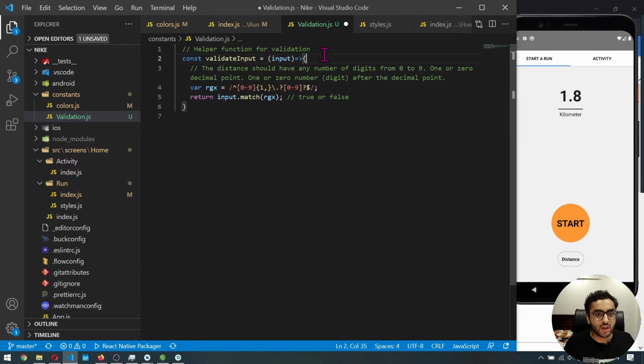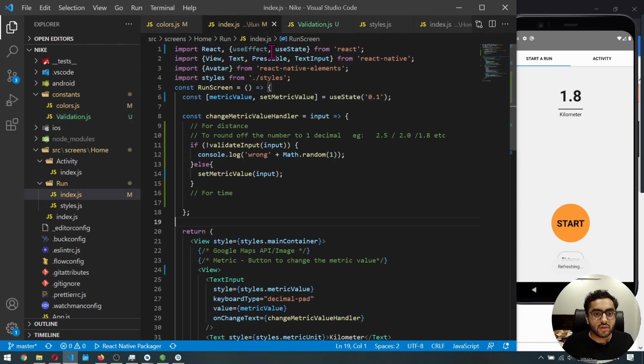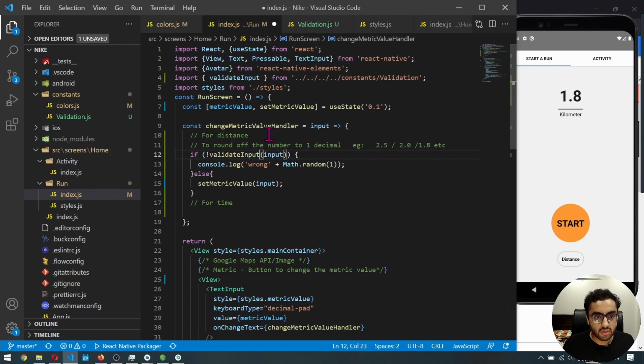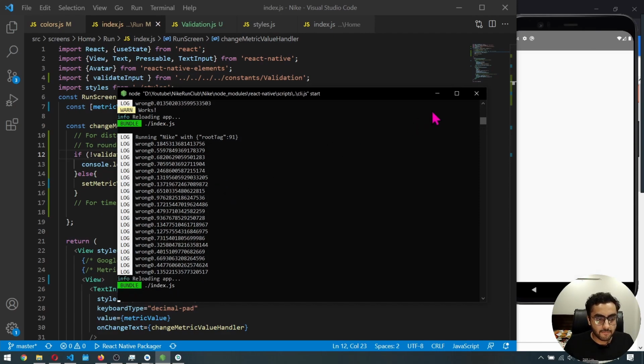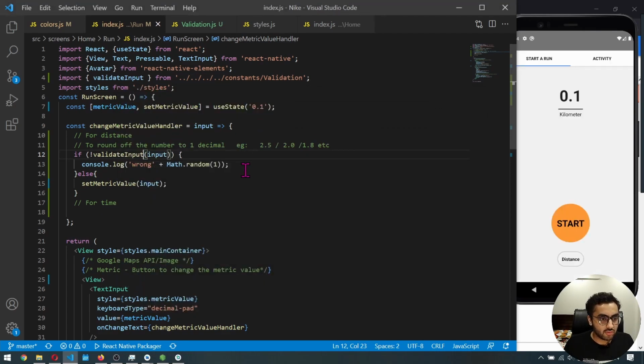Paste this over here: export const validation, a helper function for validation of metric values. All right, so I will just remove useEffect from over here. Next, let us import this, and yep, so this is cool. Let us just see if everything's working. I will just remove the console.log,